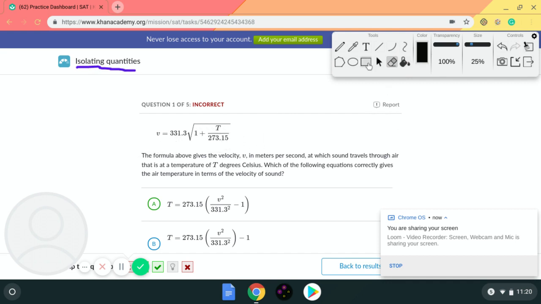So let's begin by dividing this by 331.3. But what you do to one side, you must do to the other. And in doing so, you get